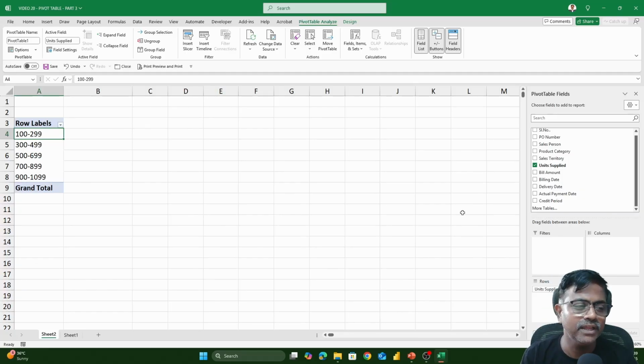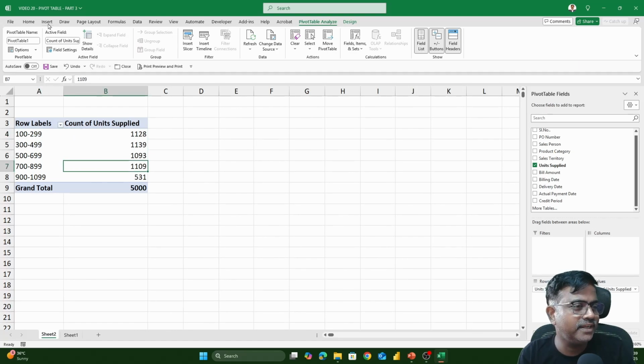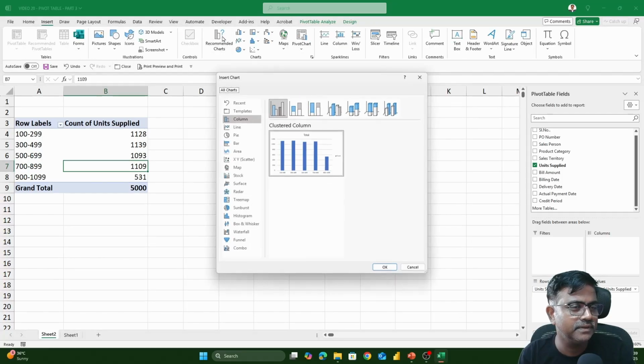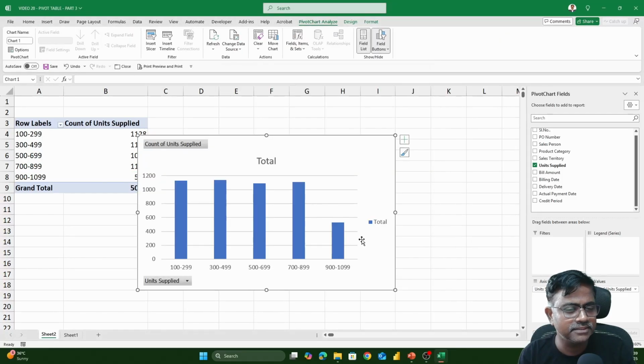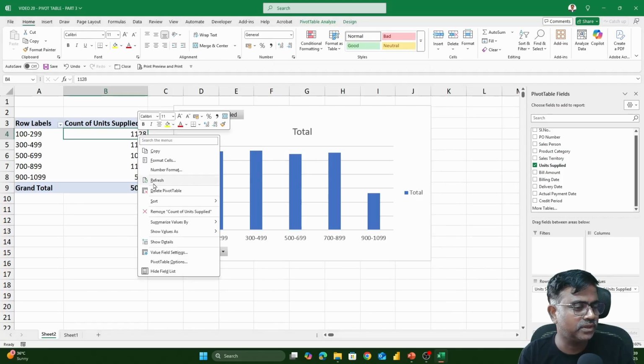So now if I want to know how many transactions are falling under, let's say, 100 to 300, all I have to do is just drag this unit supplied one more time and drop it in the values. That shows how many transactions are falling under each range. Now if I take this to the chart, like a bar chart, something like this, and if I have the numbers sorted,